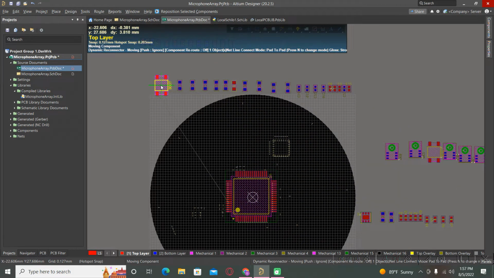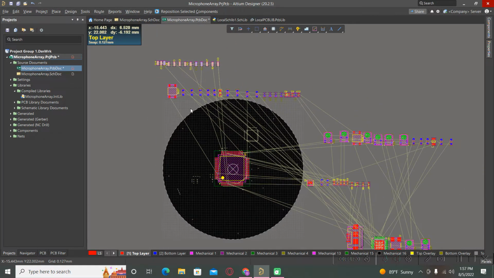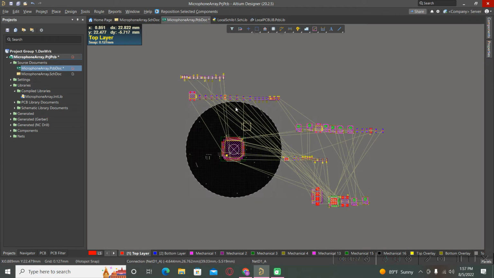If we want to make some groups, it depends on the pages. In this case we have only one page, but sometimes we have more pages. And for example, if these components are parts from one page, we can group,